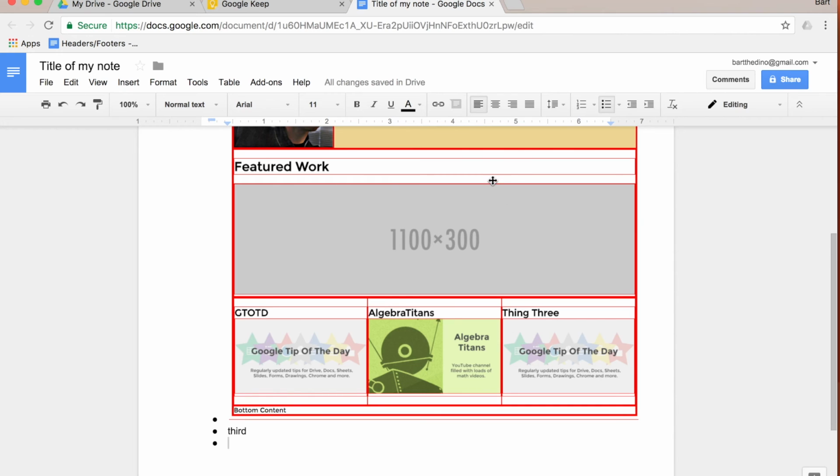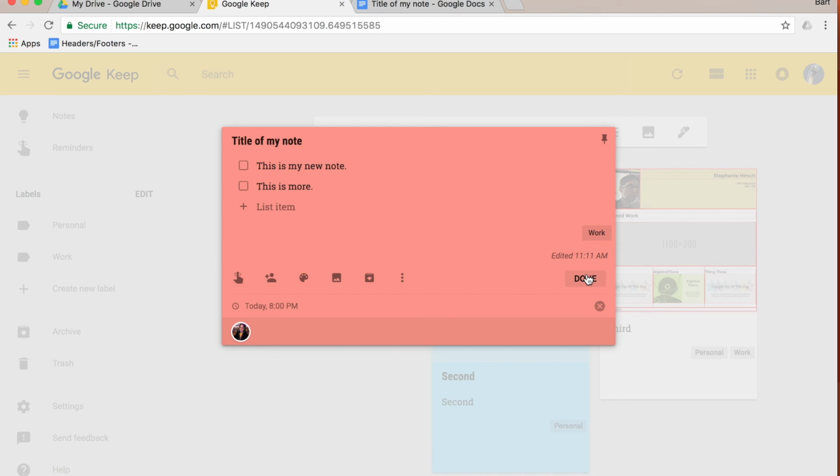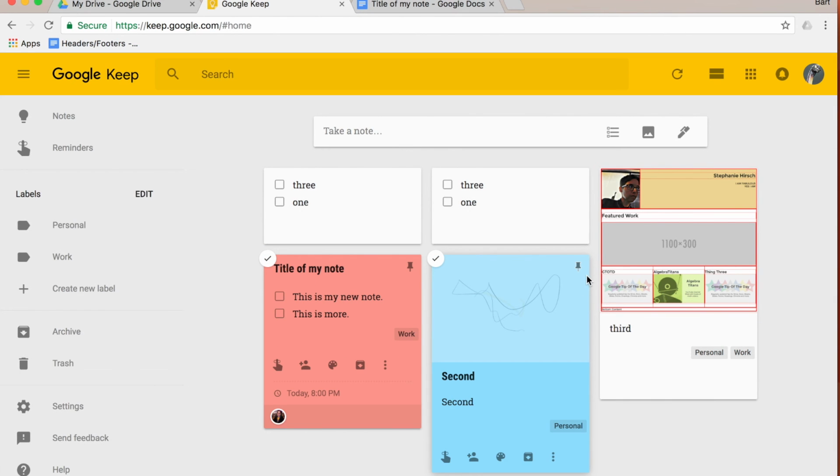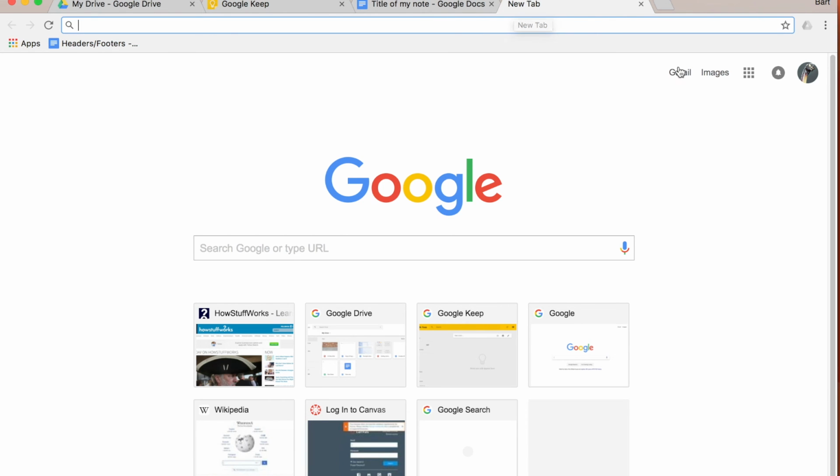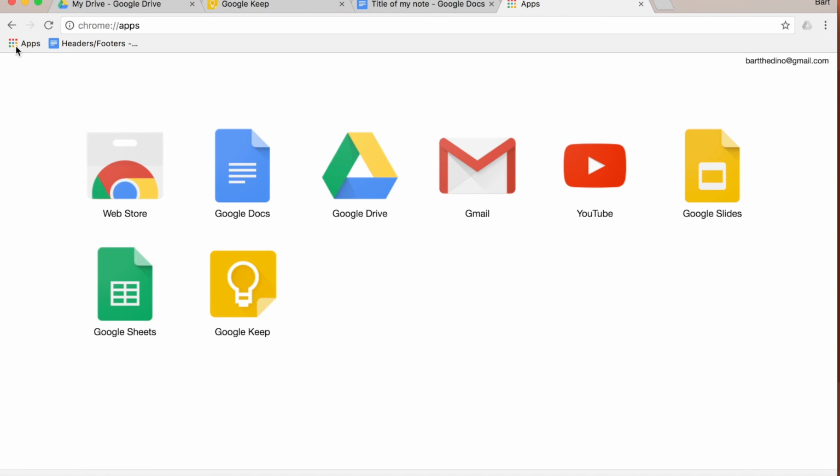So the very last thing I wanted to show you was I've been accessing Keep through keep.google.com. That's the website you can go to no matter what device you're on, and as long as you're logged into your Google account, you can get to it. You can also get a Chrome web app, and that opens Keep a little bit differently. So I did want to show you. So you go to the web store, and you can get that web app. You can also get an extension that allows you to make notes really quickly. But if I access this via the app,